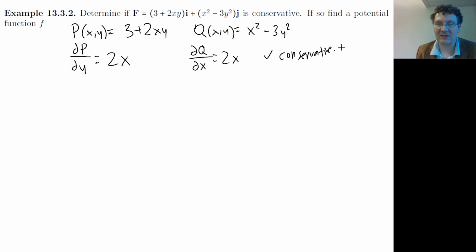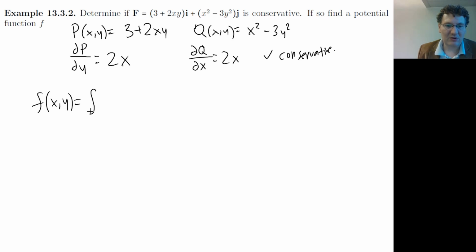Again, I didn't mention it. The check is this is defined everywhere on R2, so it satisfies the conditions for that theorem. These partial derivatives are going to be equal to each other everywhere on its domain, which is open and simply connected. Now, to find a potential function for this, we need to,